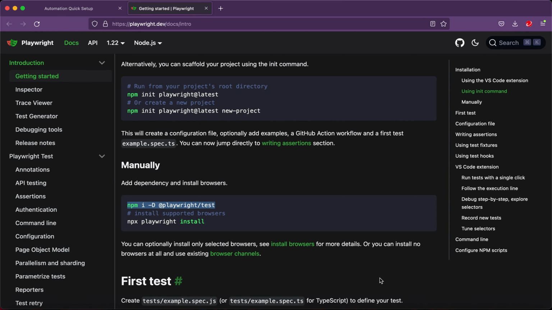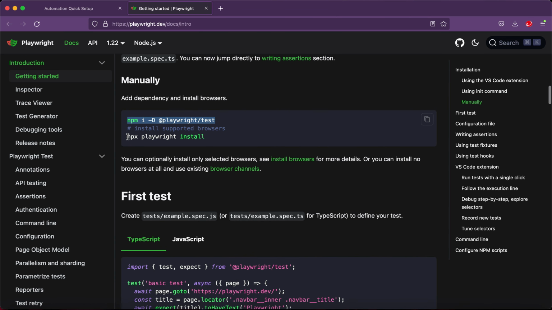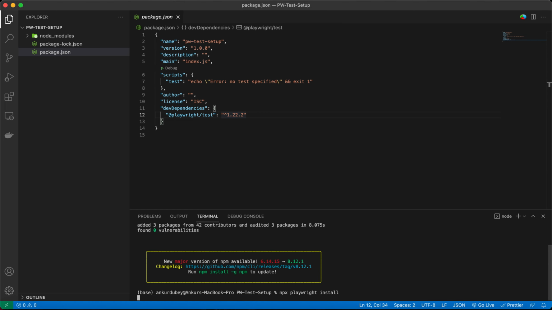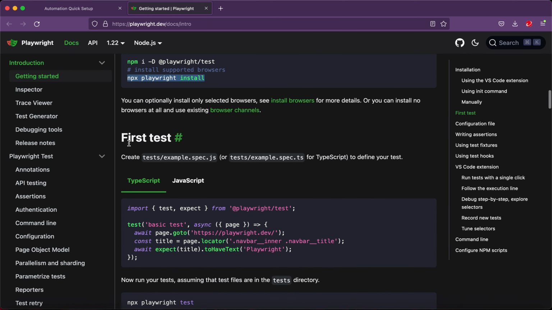So now let's go back to the documentation page. Now we execute this command to install all supported browsers, npx playwright install. So okay, for me this is already there, so that is why it didn't take any time. Now this is the first test. I'm just copying the code,